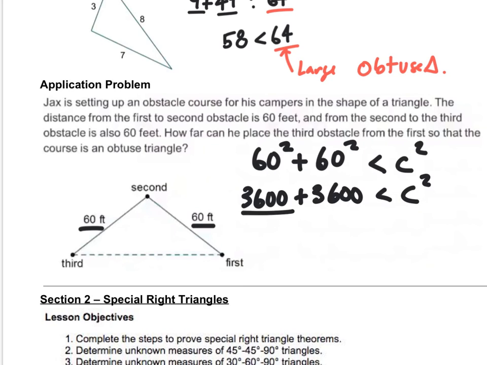Adding them gives 7,200, which is less than c squared. If I take the square root of both sides and solve for c, that gives me